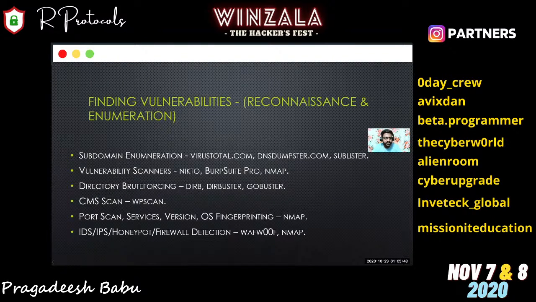Okay, the next thing is port scanning, and port scan, server scan, version scan, OS fingerprinting, everything which can be done using Nmap. Nmap is a popular and very powerful tool which helps ethical hackers, pen testers, everyone, to identify which ports are running.